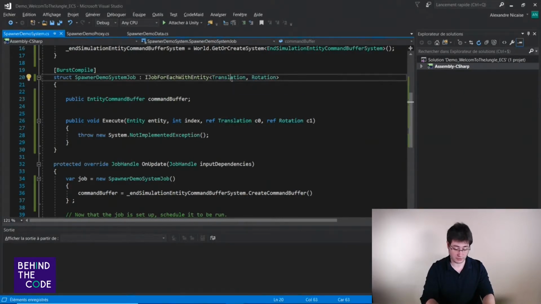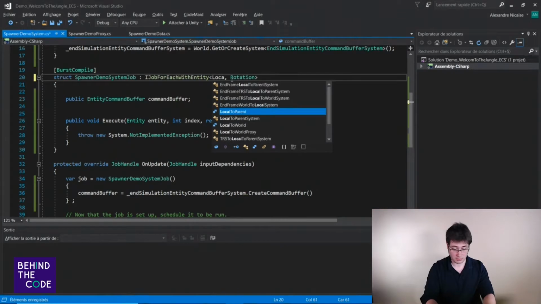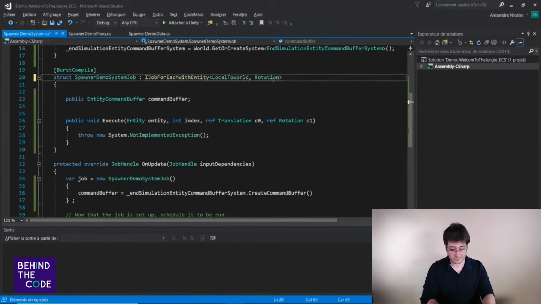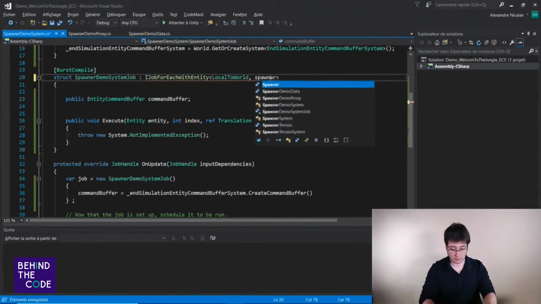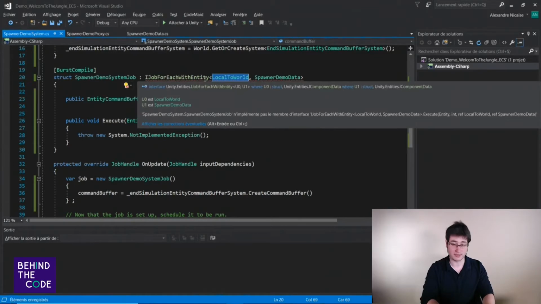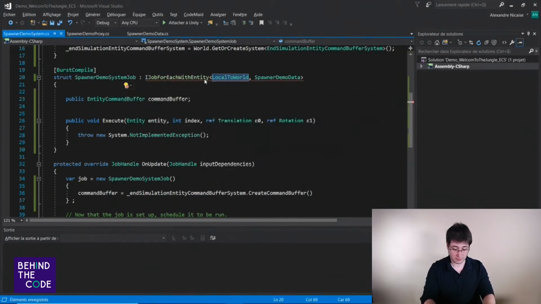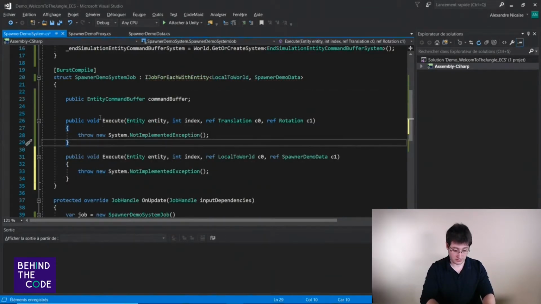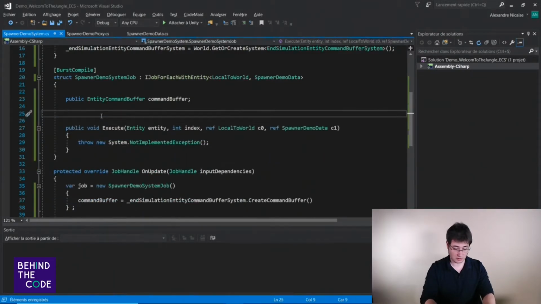I prefer to get the local to world, and not the rotation but the spawner demo data. Here it's a translation and rotation, and what we want is the local to world and spawner demo data. So we implement it like that, and that's all.